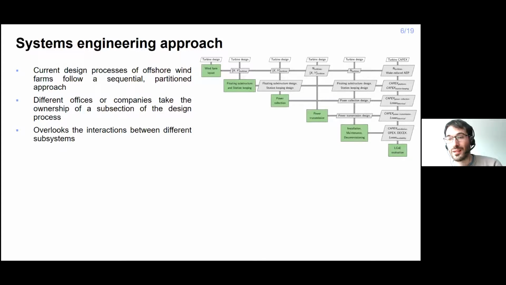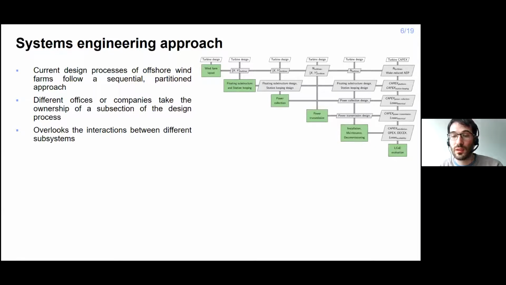As floating wind is still quite novel, there are not yet these large commercial scale floating wind farms, nor consolidated experience related to the design of these systems. However, for what concerns the design process, it is possible to draw some parallelism with bottom-fixed offshore wind, where the design of these conventional bottom-fixed offshore wind farms follows an approach which can be defined as sequential or partitioned or